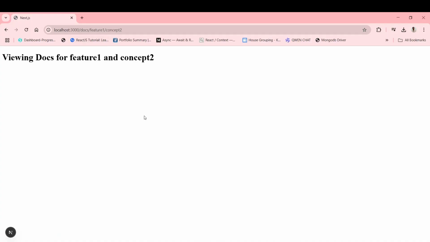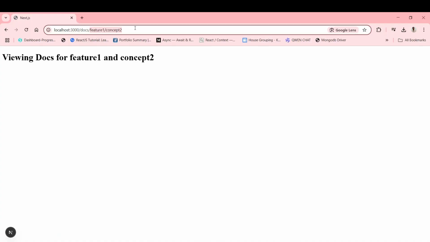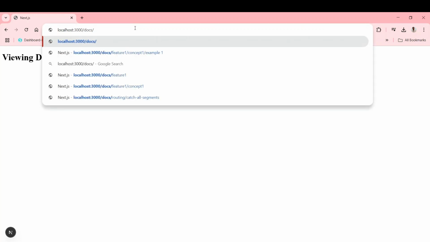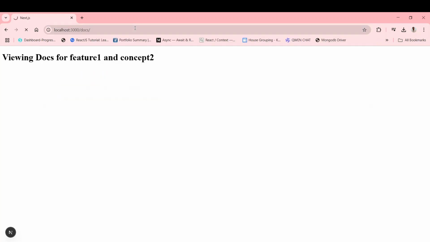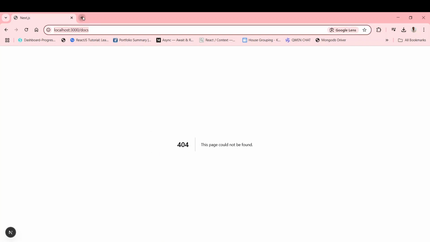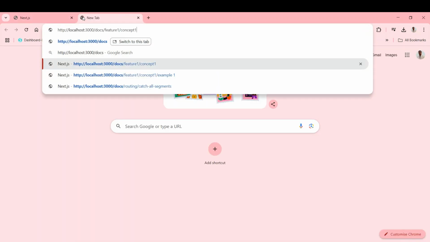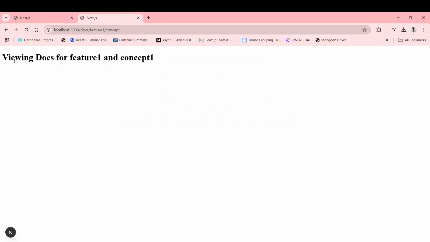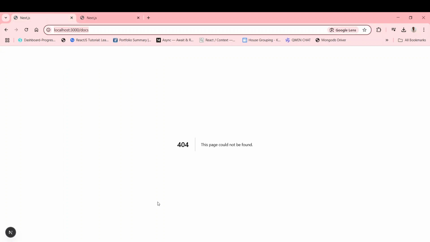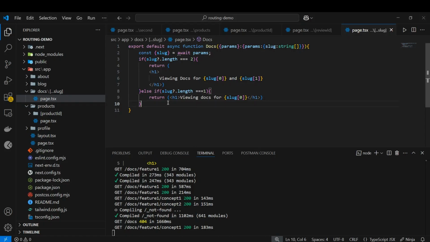Now here you can see that if you don't have any slug, for example, suppose you are visiting localhost 3000 docs, here you can see the 404 error which is showing. You need the same text which is for viewing docs, for the docs page. So what we have to do? You have to return